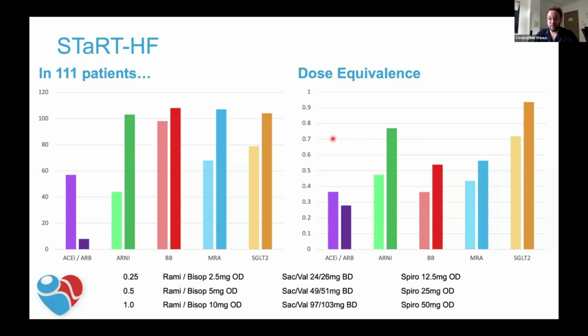And when we look at dose equivalents, what we're doing is we are achieving this quickly. We are getting people onto huge doses of ARNI. We are allowing them to tolerate MRAs in ways that we do not see in the National Heart Failure Audit. SGLT2 inhibitors are not for all, and for the heart failure clinicians on the call, you will know why I say that.